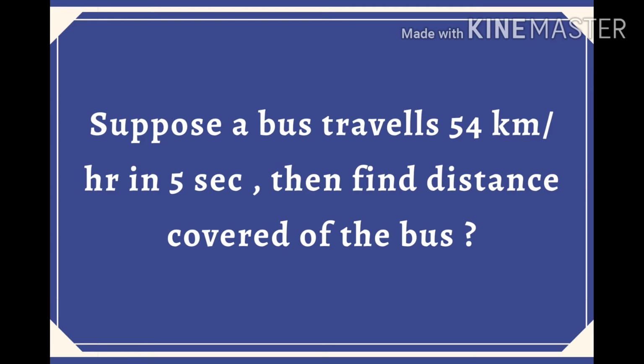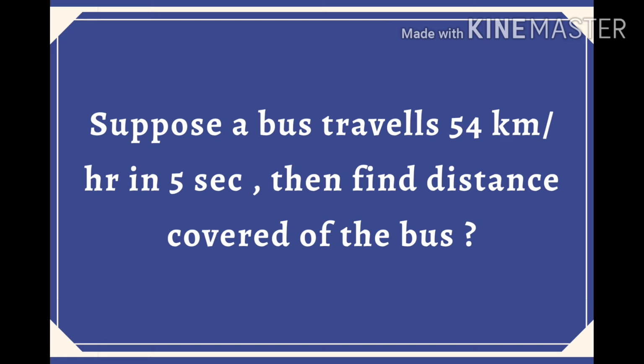So by just observing the units of the physical quantity, you must be able to identify exactly which quantity is given. Suppose meter per second square unit is given, then what can you identify from that? We can identify that acceleration is given. Similarly, in this question, kilometer per hour is given. So what can it be? It can be a speed.